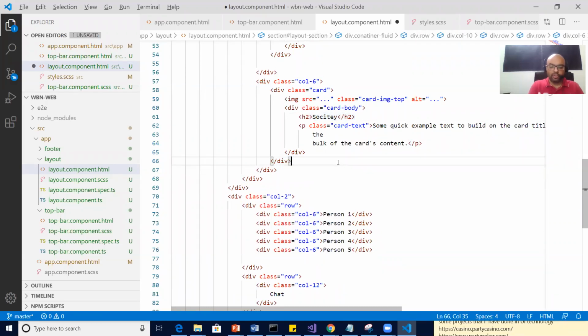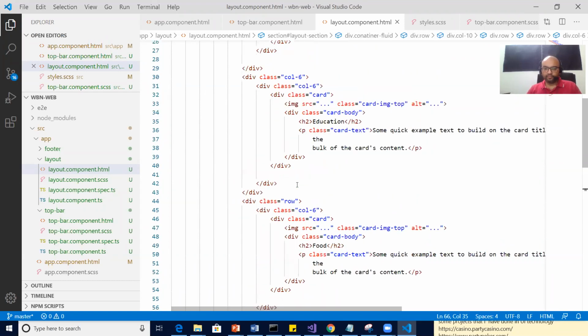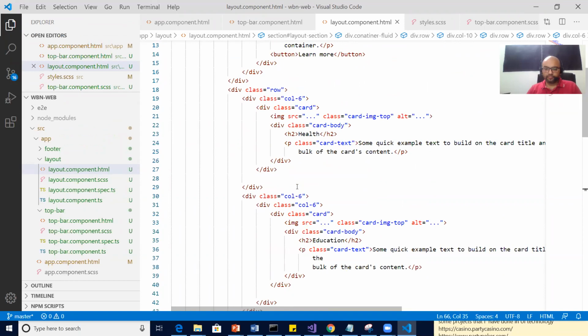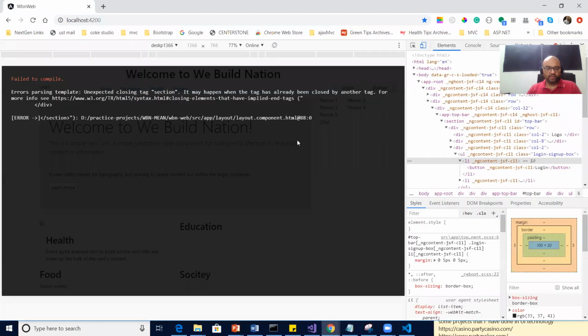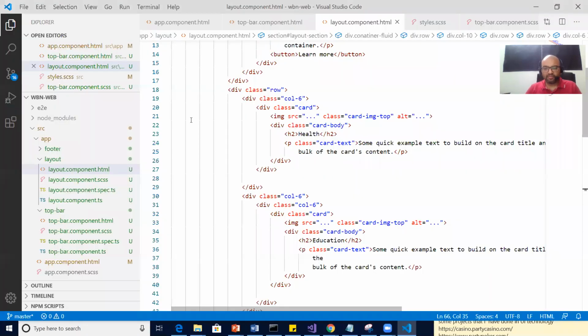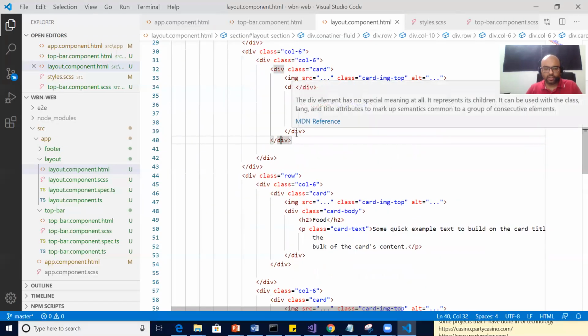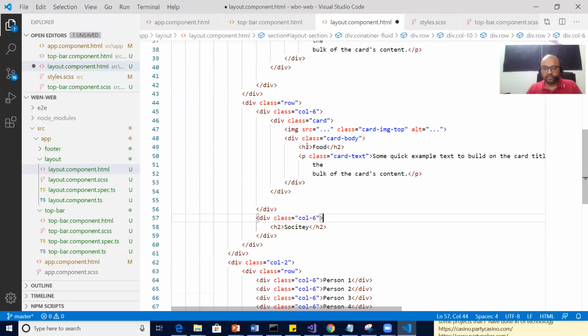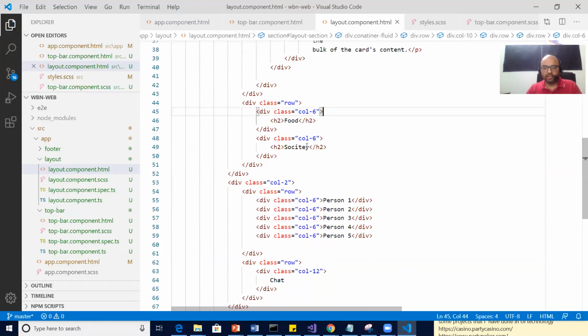Okay. So till this, is it clear to all of you or no? Yes, sir. See, we got an error. Section, it may happen that a tag has already been opened or closed. In copy paste, we did something, some tag problem. We need to check which one. Undo. The best thing is undo. Let's see from where it is breaking. I undo the last two.